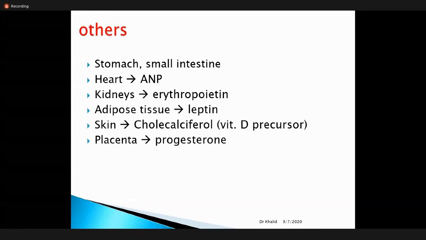The other organs which are secreting hormones are the stomach, the small intestine, and also the heart, which is secreting ANP, anti-natriuretic peptide, a very important hormone which is released from the heart. The kidneys are secreting erythropoietin, adipose tissue is secreting leptin, the skin forms cholecalciferol, and the placenta is secreting multiple hormones like progesterone, human chorionic gonadotropin, and